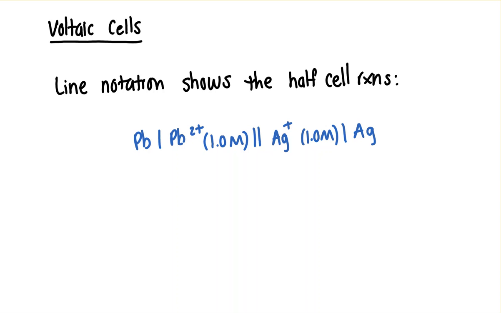Let's look at voltaic cells and how their line notation tells you the overall reaction. In the line notation, there are two half reactions, one on each side. This is a half reaction, with lead reactant and lead product. On the other side, we have another half reaction where we have the silver ion reactant and